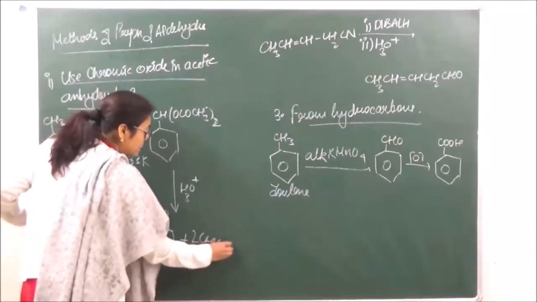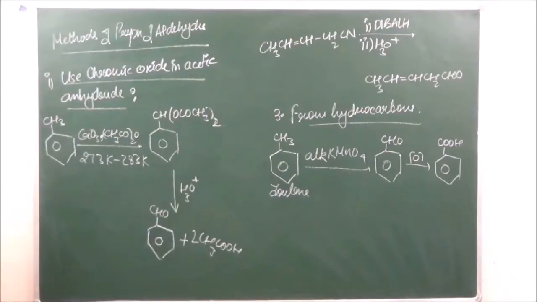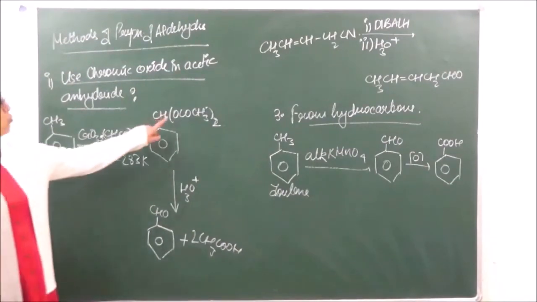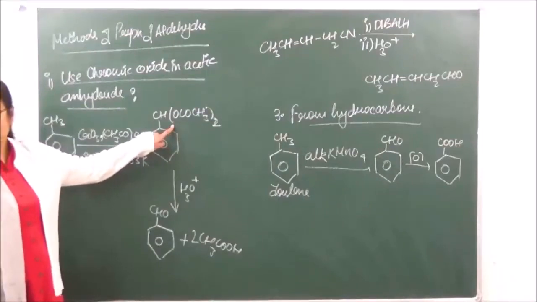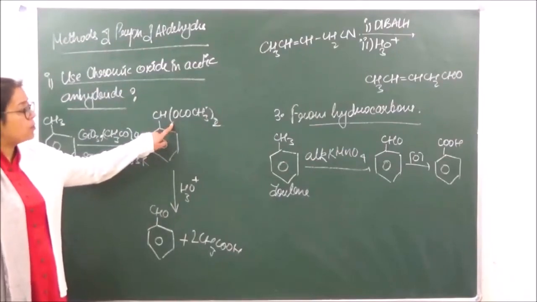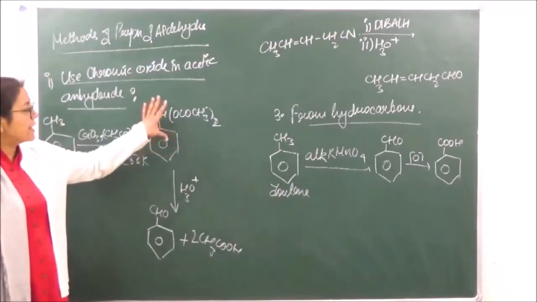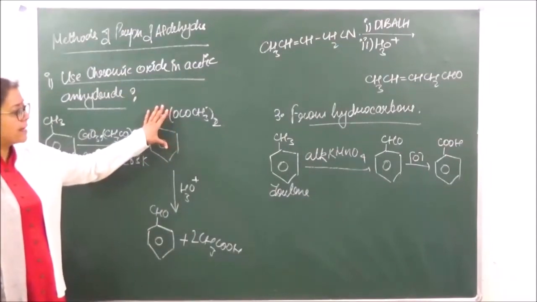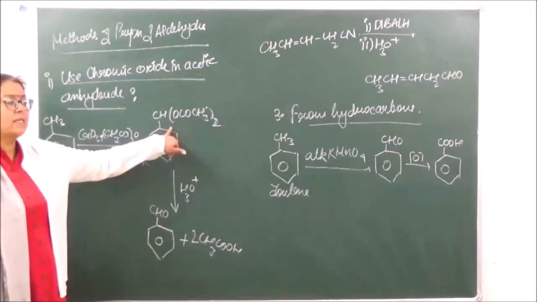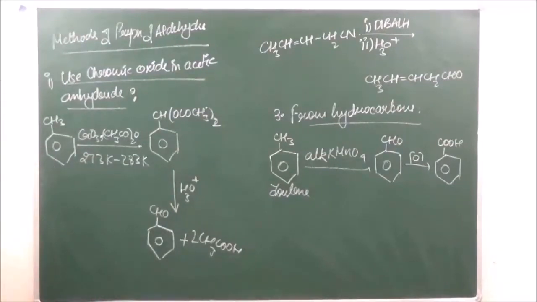Now this reaction does not go further from benzaldehyde to the acid. Why is this happening? In this case, the aldehyde group is trapped by making this gem diacetate. Because this gem diacetate is formed, it cannot be easily oxidized further to carboxylic acid. So we are trapping the CHO group, the benzaldehyde group, by placing these diacetate groups, which cannot be further oxidized.